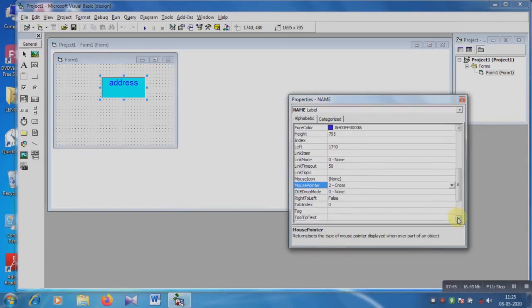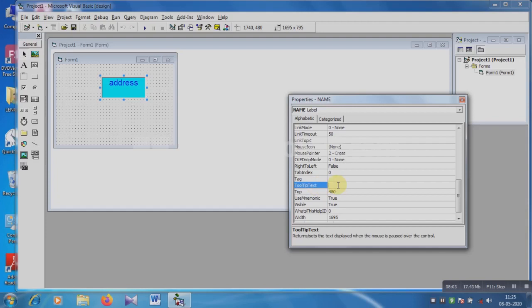Then tooltip text. This option is used for the alternative text, meaning when you place the mouse on the label tool during runtime, a word is visible.